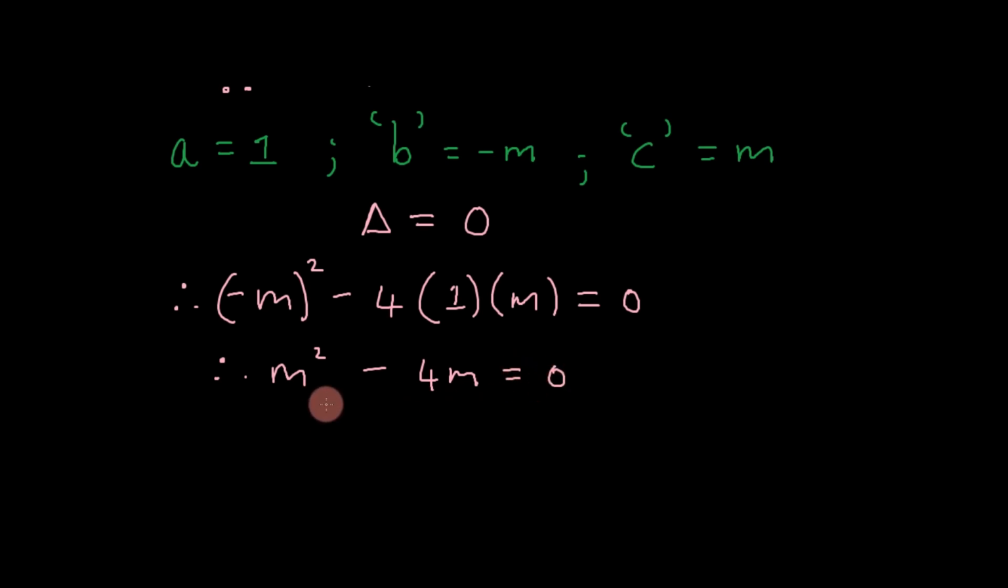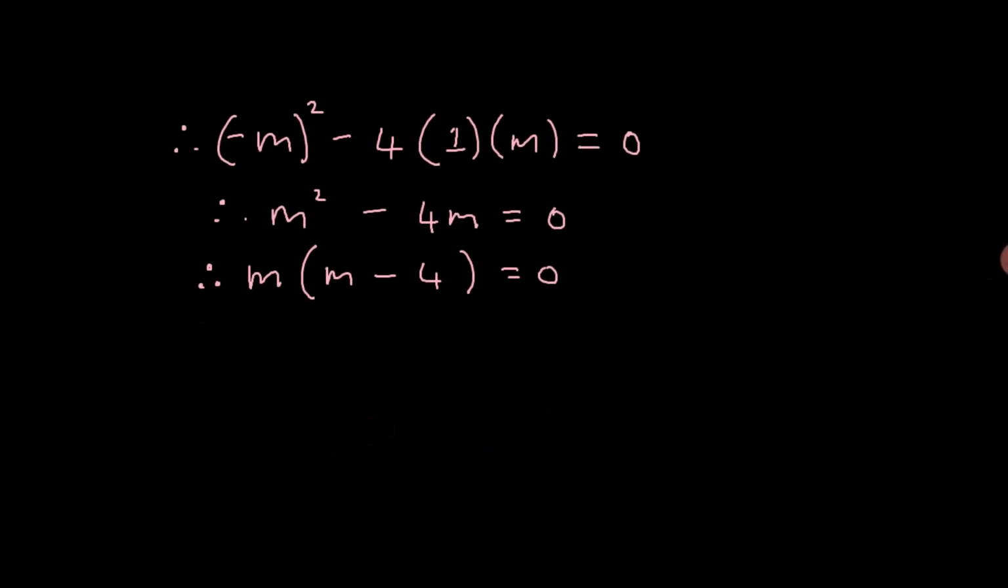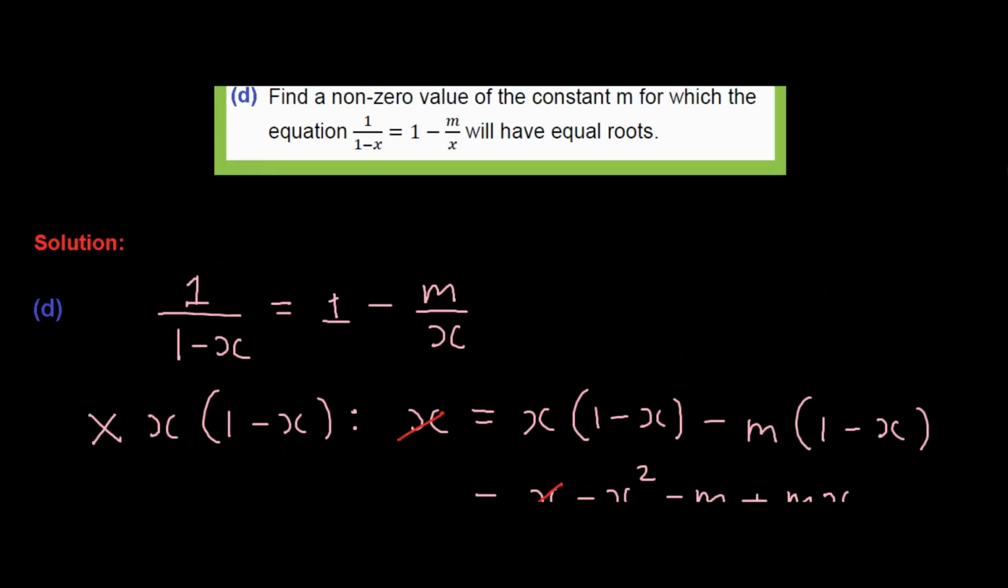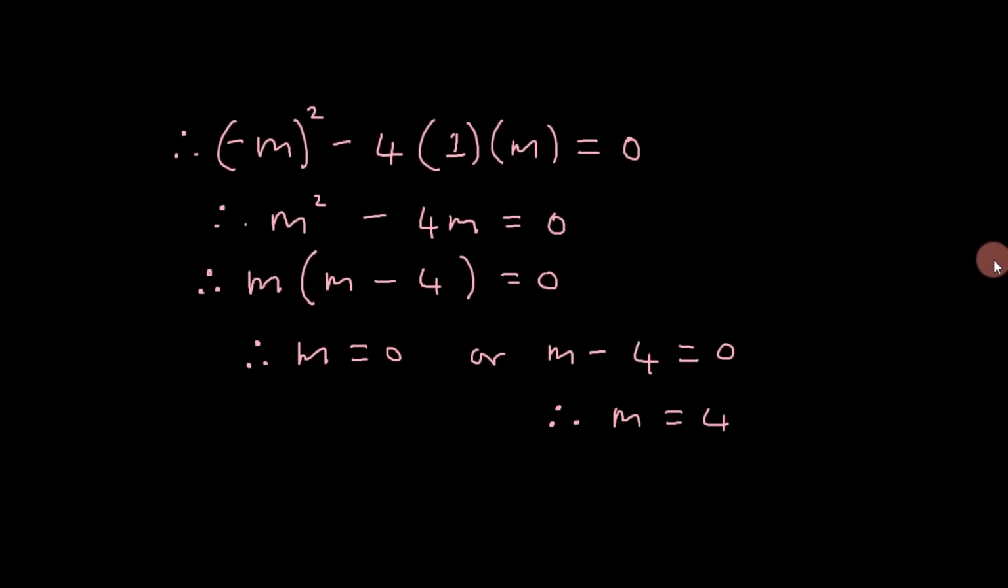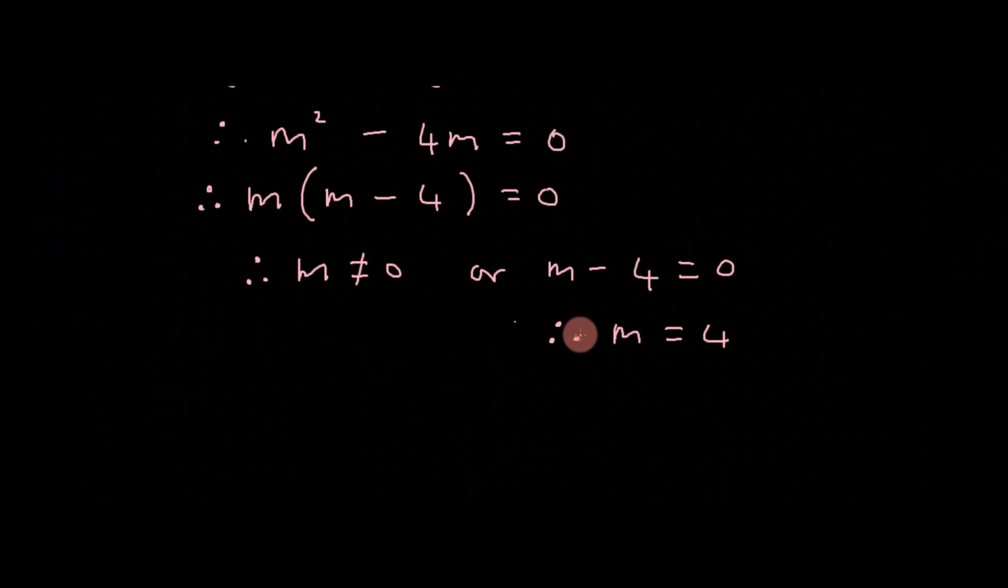We need to solve for m in this equation, and we can do so by taking out a common factor of m. In other words, we can factorize. Then, using the zero product rule, if m times (m minus 4) is 0, that means that either m is 0 or m minus 4 is 0. And solving for m in this equation, we see that m is equal to 4. Now, we were told that we need to find a non-zero value of m for which this equation will have equal roots. So we're going to exclude m equals 0 as an answer,